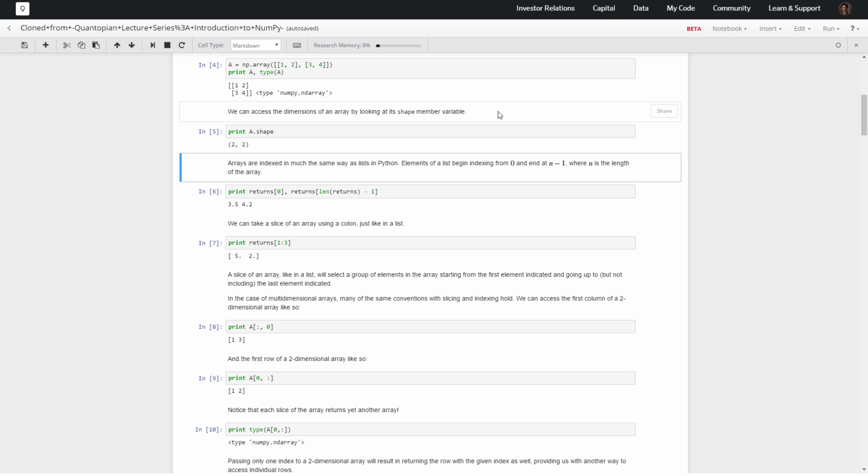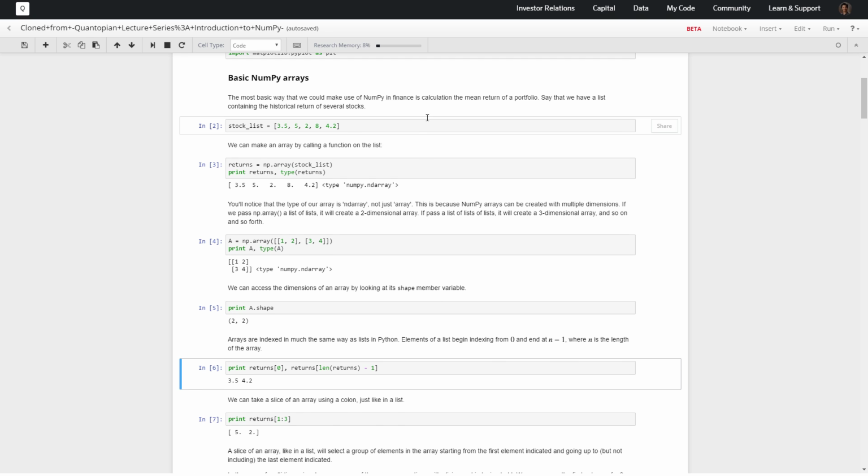Arrays are indexed in much the same way as lists in Python. Elements of a list begin indexing from 0 and end at n-1, where n is the length of the array. Now if we print returns bracket 0, so we're indexing the first one, and returns of length minus 1, which is the last one. If we scroll up here, this is the returns. Basically 0 here is pointing to the first one. Length, which is n, minus 1 really points to 4.2,